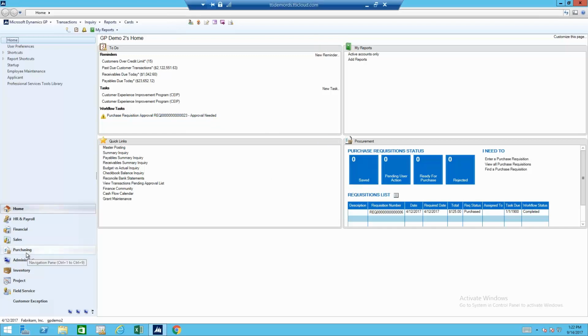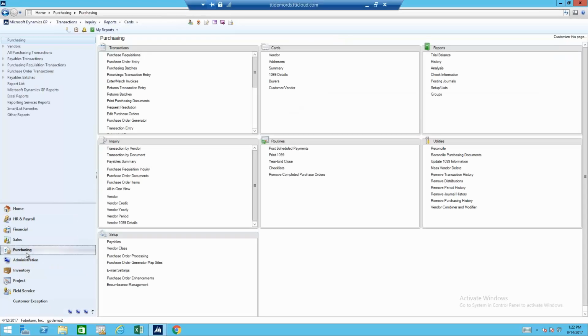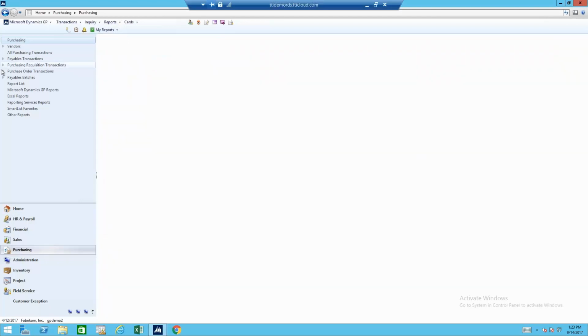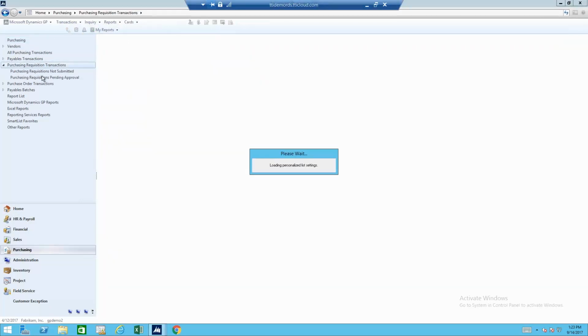I can also get there by going to the purchasing module. I always go to the purchasing pane. I like working off the purchasing pane. And I could go to purchase requisitions here, and I can pull up one at a time. Or I can use a navigation list, which we're going to use today. And we're going to look at purchase requisitions pending approval. And so this will show really kind of a work list for me, everything that's in process that I need to work on. So if there were multiple people sending me requisitions, I could deal with them all at one time from one screen. So